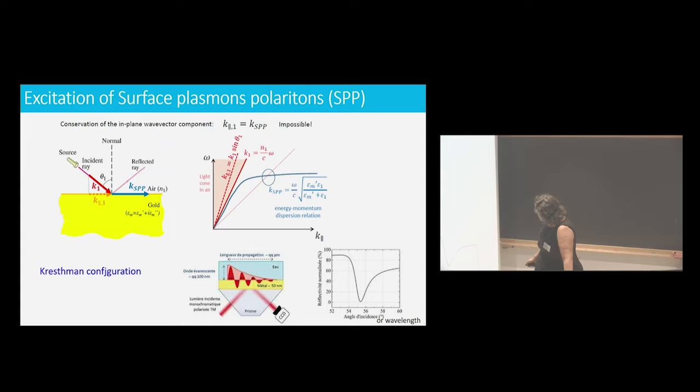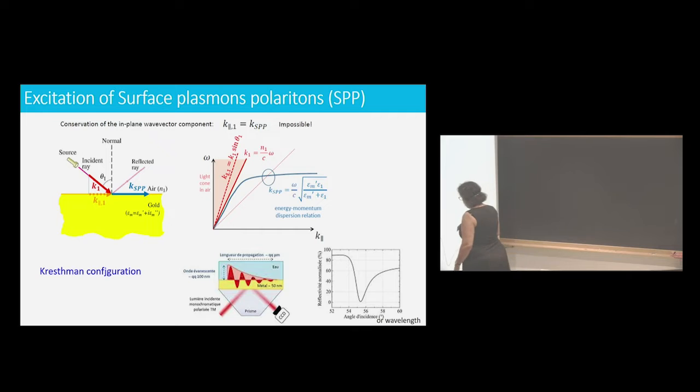And when can you excite them? Just because you are not in the same medium here and here. That means that your k vector that you have here is not the same one that you have here. So that means that your line, which used to be here, is in this part crossing the k SPP. So here, at that point, of course I exaggerate things, but you can excite the plasmon. So that's the way to excite the plasmon.